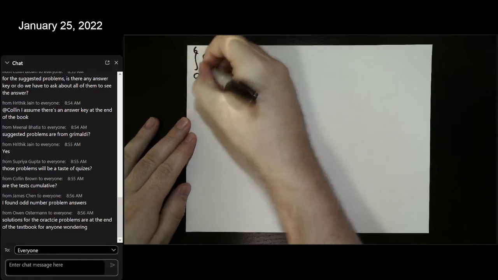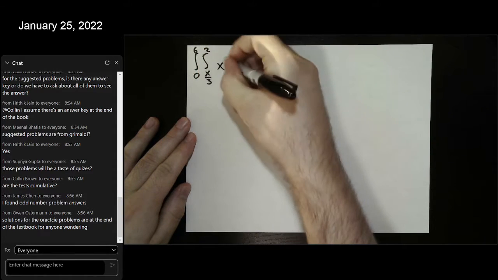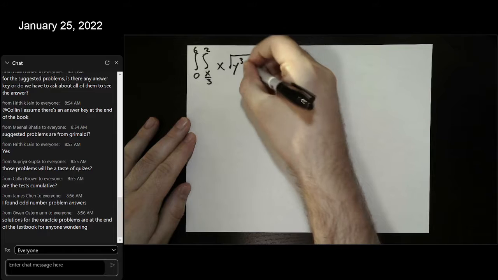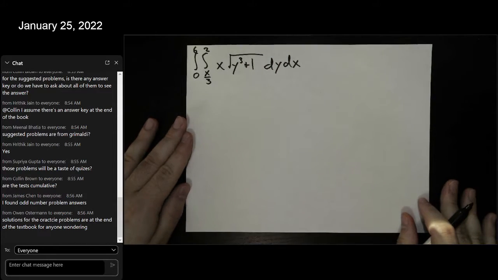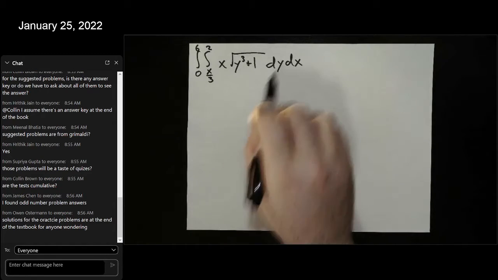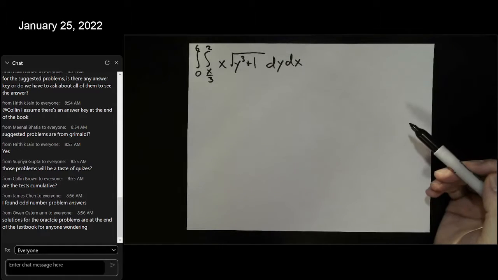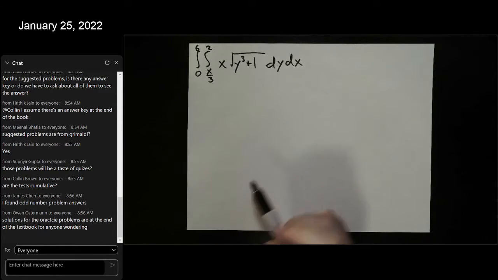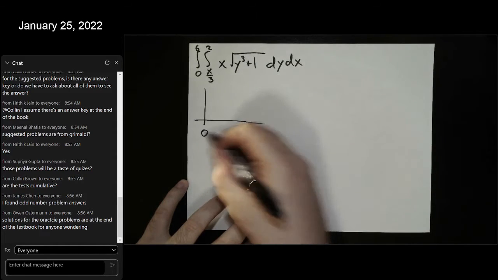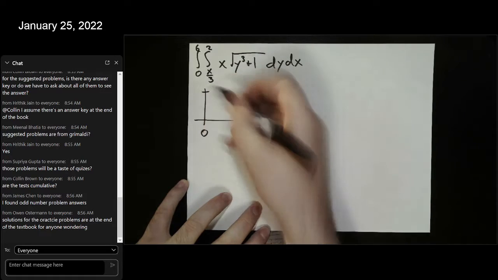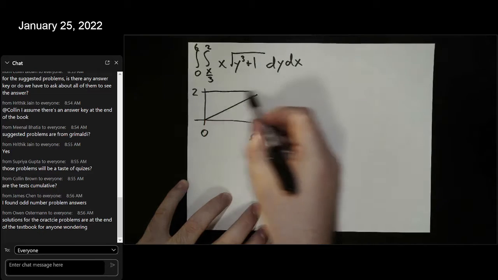If we look at the integral from 0 to 6, the integral from x over 3 to 2 of x times the square root of y cubed plus 1 dy dx. Now, looking at an integral like this, dy is our inner integral, but I don't know how to take the square root of a cubic. Clever idea. Let's rearrange the order of integration. Looking carefully at my bounds of integration, x goes from 0 to 6. Y ends at 2 and starts at the line x over 3,